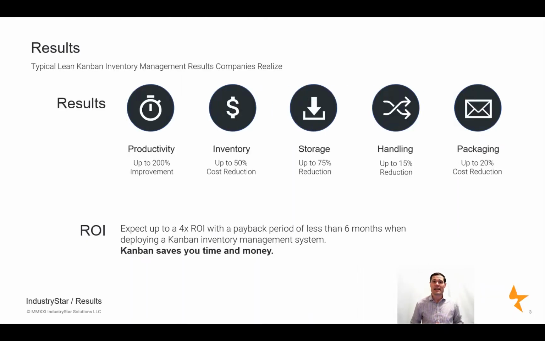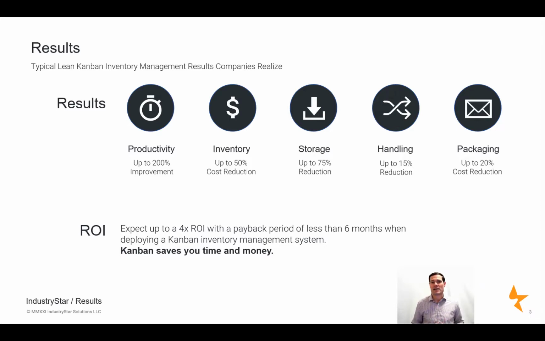What is the potential impact of Kanban on supply chain and more broadly, company operations? Companies typically realize the following inventory results: up to 200% improvement in people productivity, up to 50% reduction in inventory cost, up to 75% reduction in storage space, up to 15% reduction in material handling, and up to 20% packaging cost reduction. We've seen these results with our customers, but more notably, they're widely experienced by a select group of